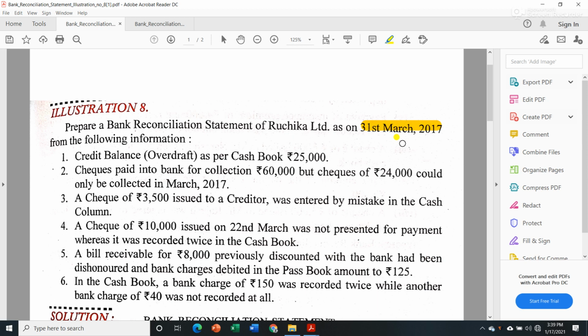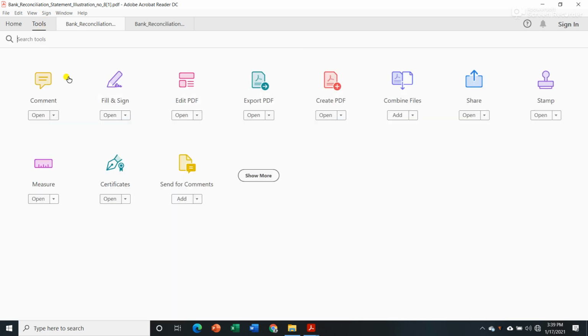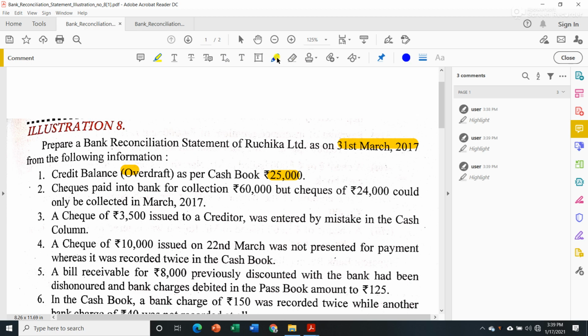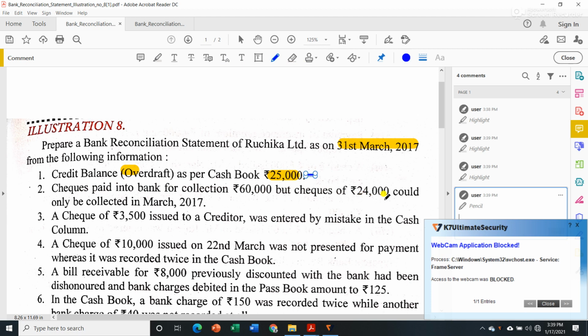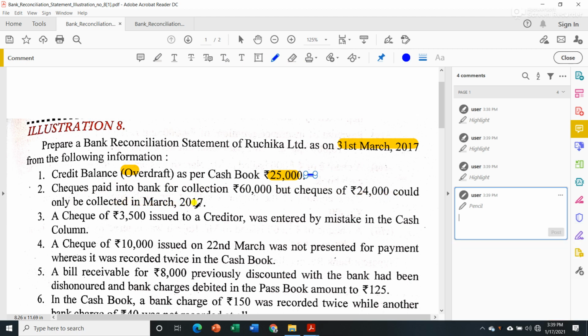Okay, now let us see. First we have credit balance, that is overdraft balance as per cash book, 25,000. That means since this is a credit balance, we will write it in the minus item column. Then next we have checks paid into bank for collection, 60,000. But checks of 24,000 could only be collected in March 2017. Means according to cash book